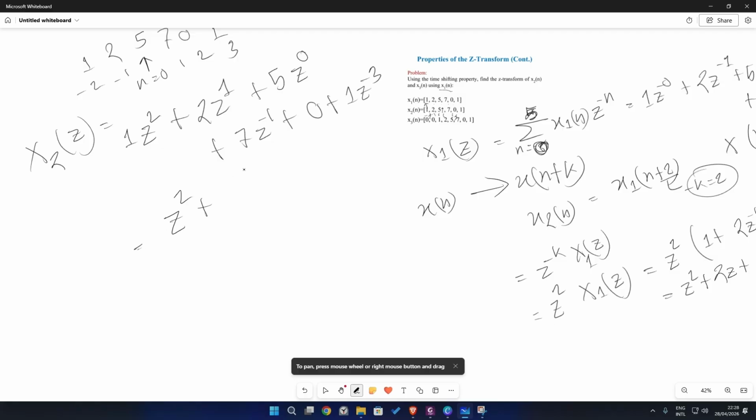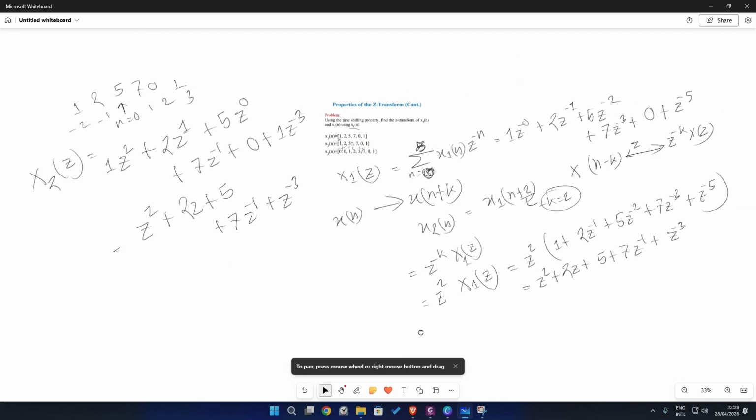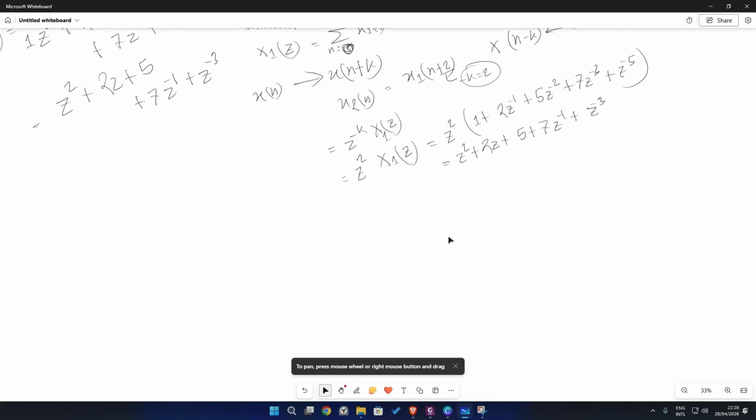So z squared, 2z, 5, 7z inverse, 1 z inverse 3. If we compare the two solutions, yes, those two solutions are the same, so we have verified the z transform